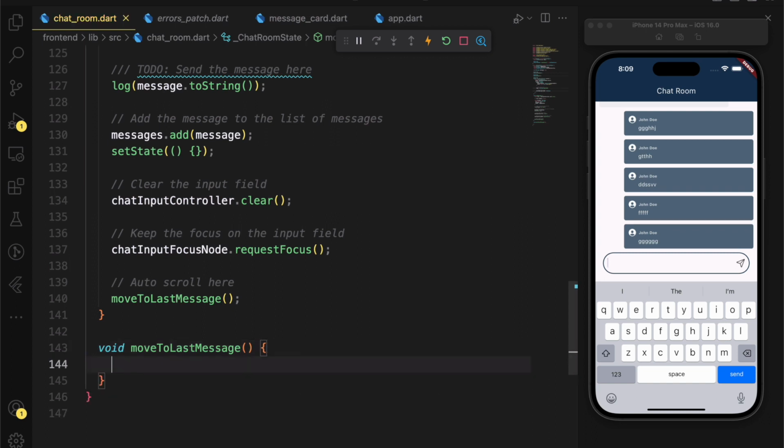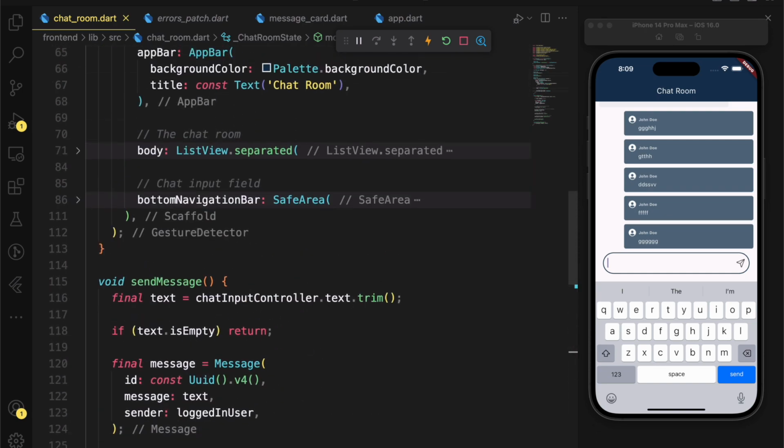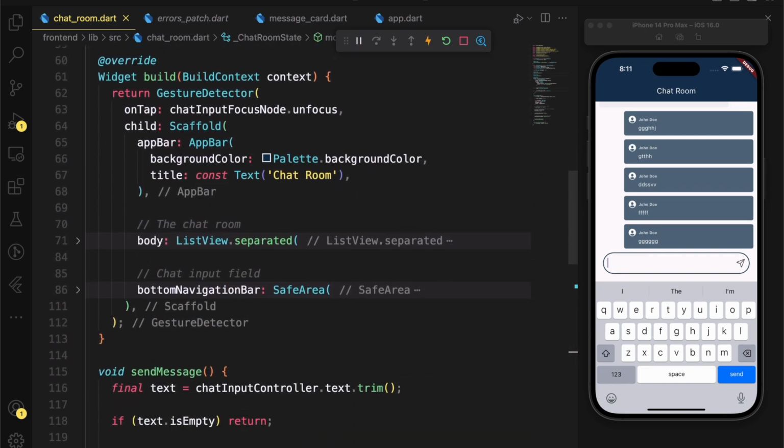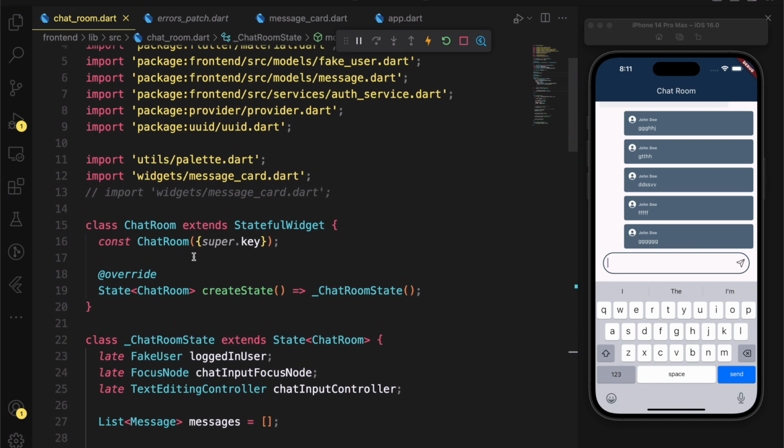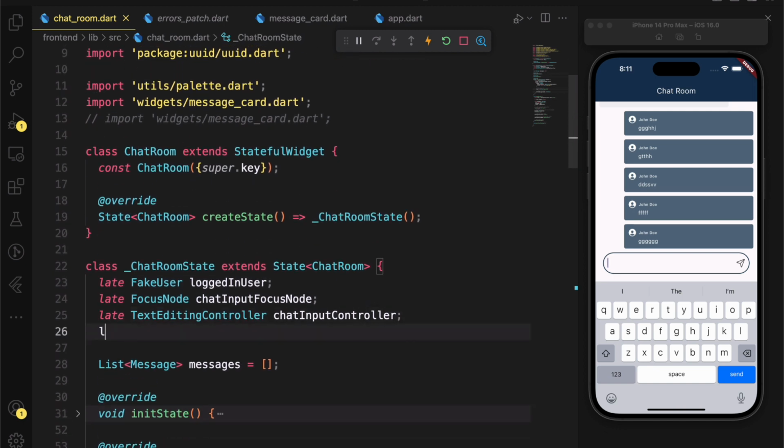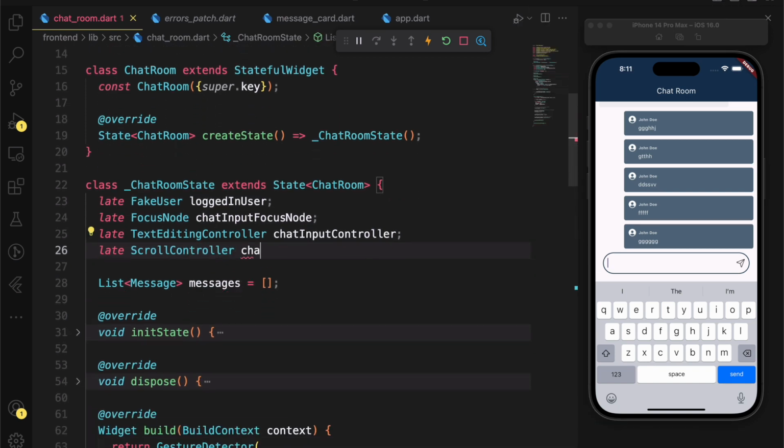Let's go back to the top of our code and make a new controller for us. This is going to be a scroll controller, which I'm going to have in a variable called chat room scroll controller.